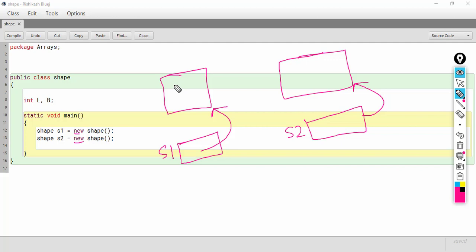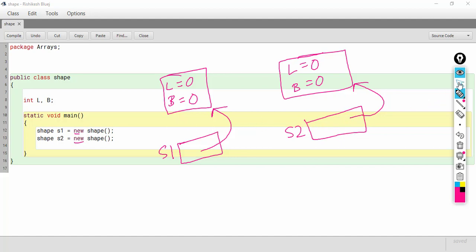Each of the objects will have its own separate copies of the instance variables, and they will be initialized with default values. All the numeric types will be initialized with 0, the boolean type with false, and object types, class types, with null.